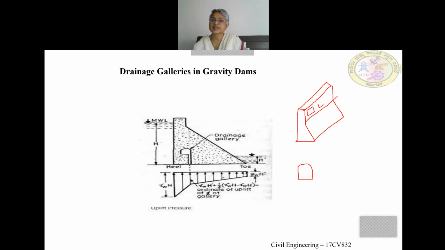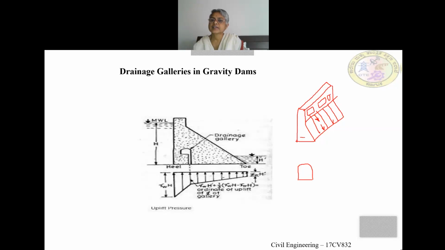So when the level of water in the reservoir rises above the maximum water level, the gates will be opened, and the water will flow through the channels provided here like this. So here there will be channels along the downstream face, or they are called spillways, which we will discuss later. So water will flow like this, the excess water.